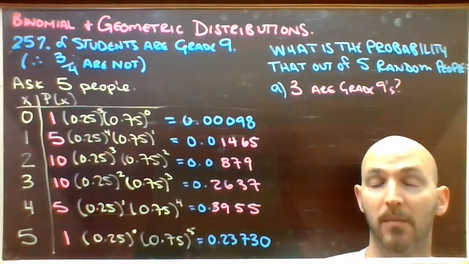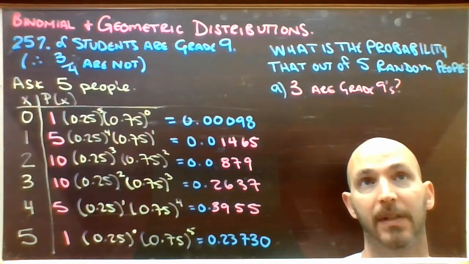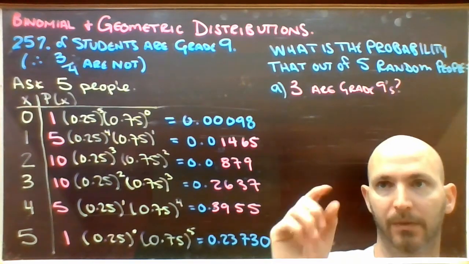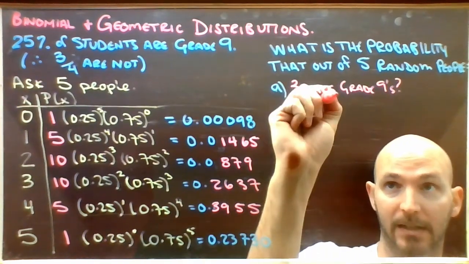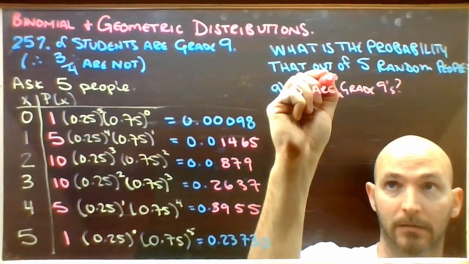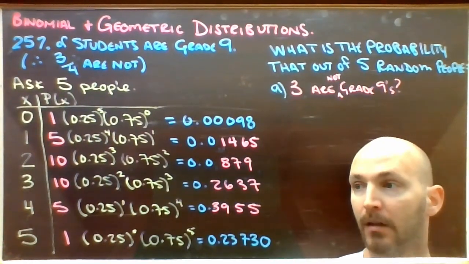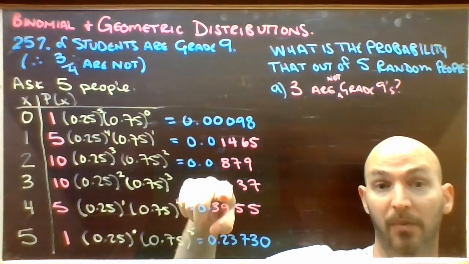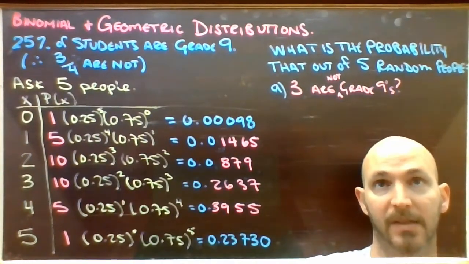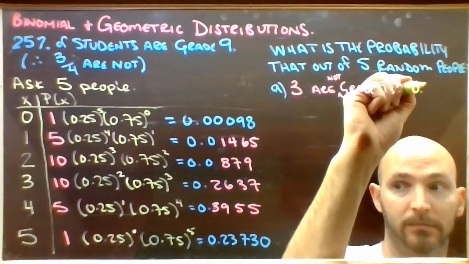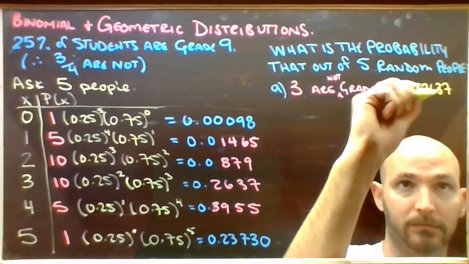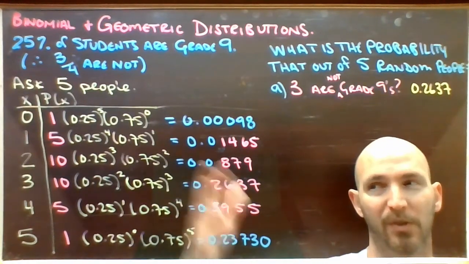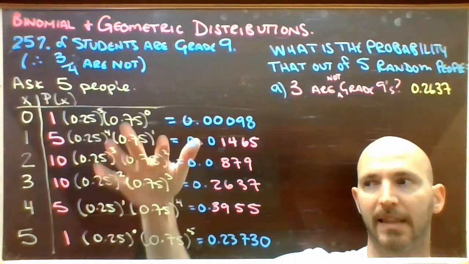So now that I have the model built, what is the probability that out of 5 random people, 3 are grade 9s? Oh, 3 are not grade 9s. Okay, well that was this row in the chart. That's 3 people not in grade 9, so the probability of that should be 0.2637. That's pretty straightforward. Just like the geometric ones, we're just finding rows in the chart and then picking out the